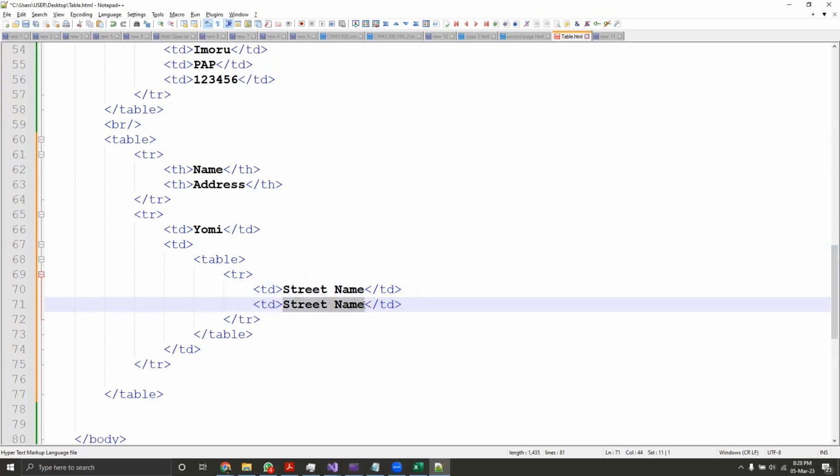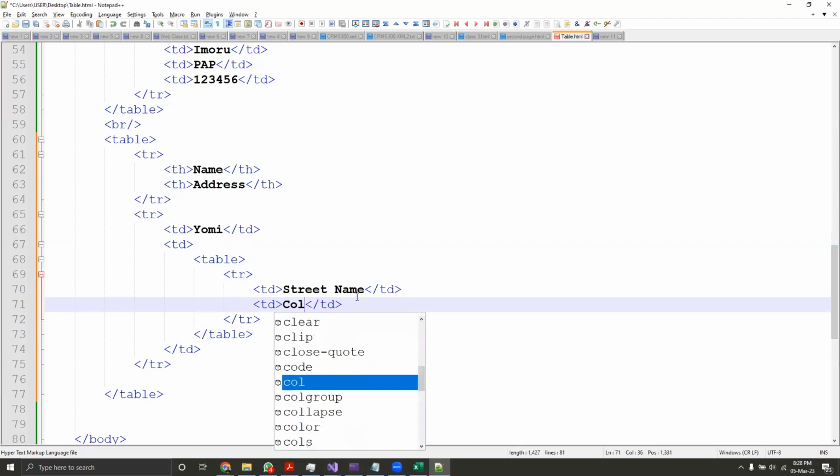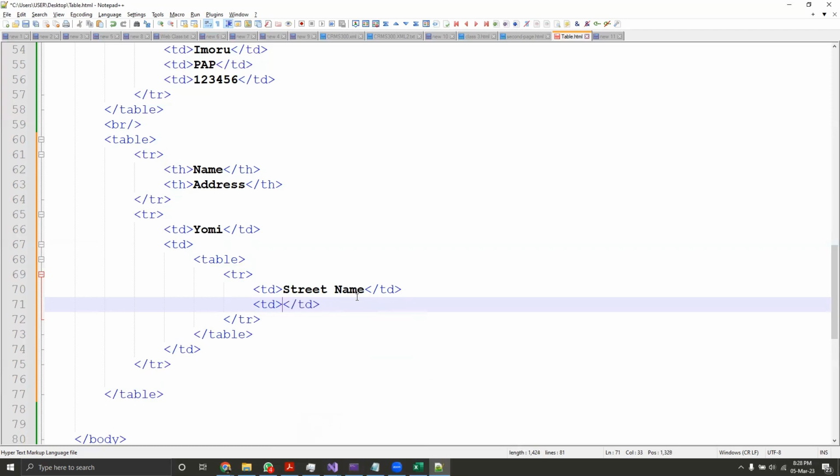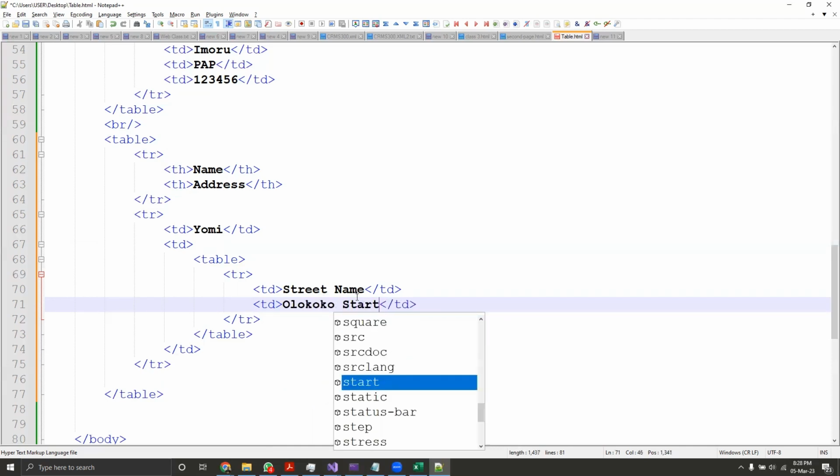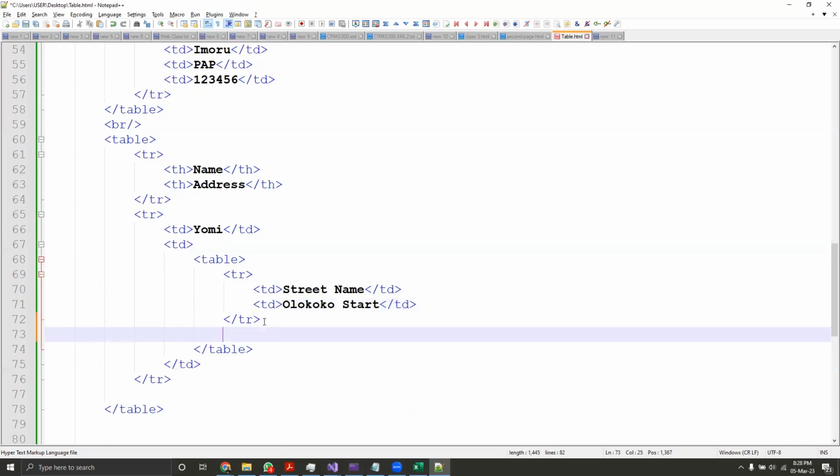So the street name itself, the Coco Street. Then I can have other columns. So apart from the street, I want to have